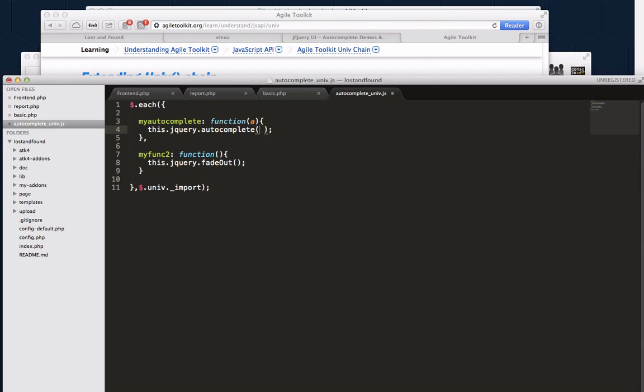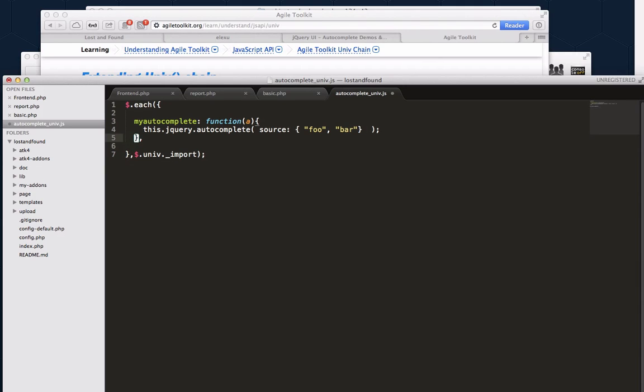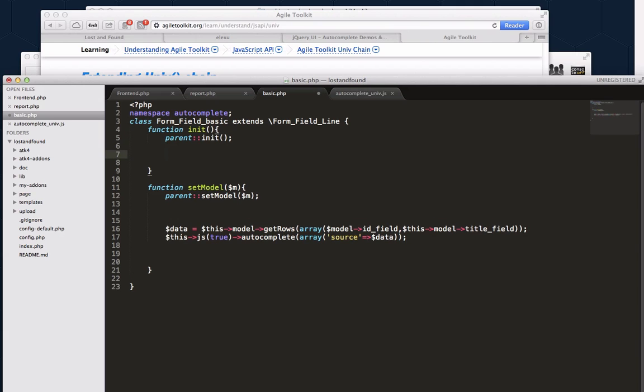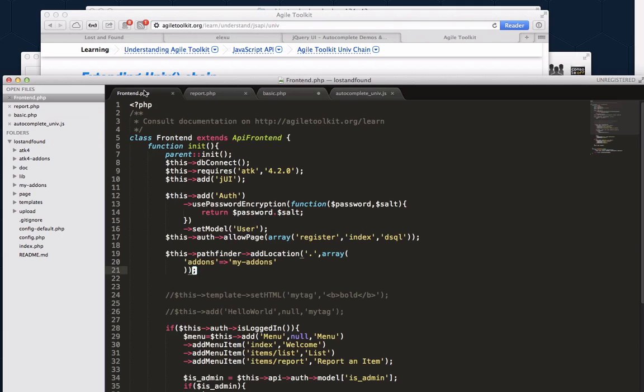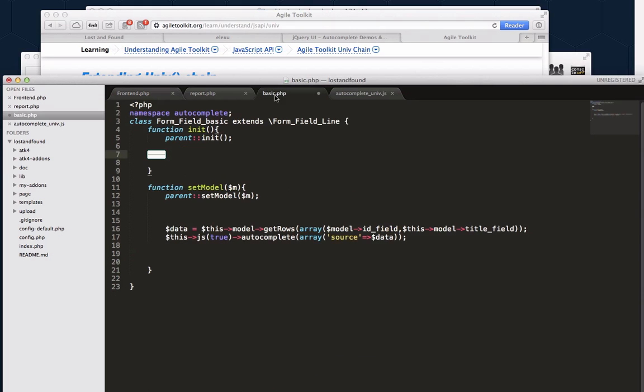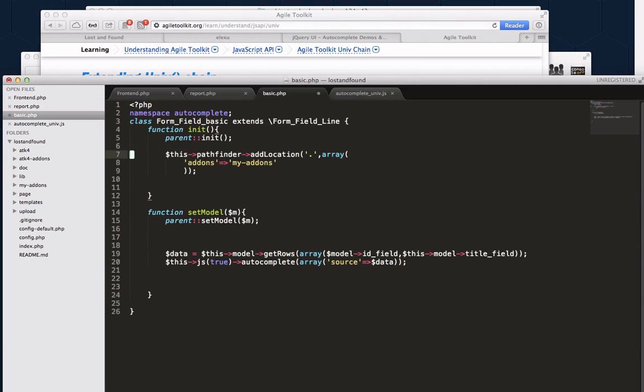Okay, and for now, let's say source. To make use of this file inside our field, we need to first include the JavaScript file. So we are extending. Okay, the syntax was